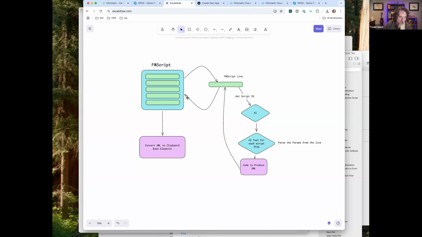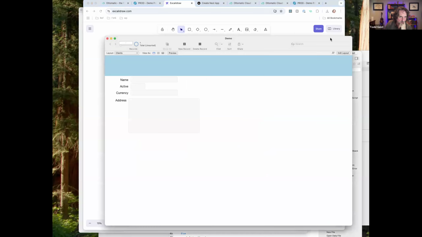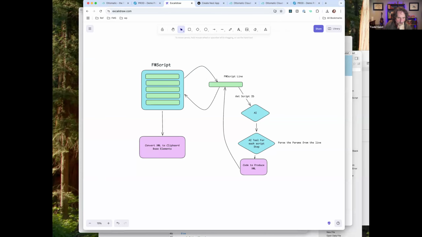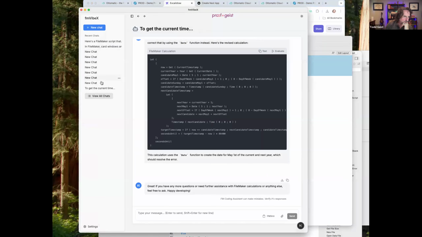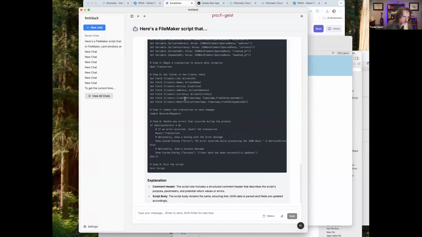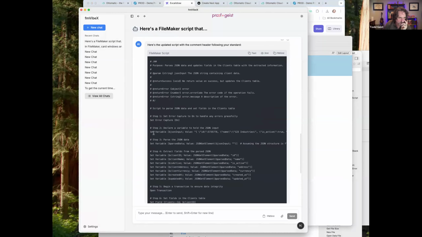Just to illustrate, in this case, when we're looping through the FileMaker script, we break this down line by line, and we try to determine what script step this is. And that is probabilistic, because we're not sure exactly what is going to get generated, how that's going to look.